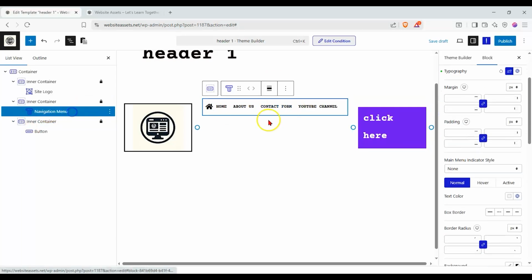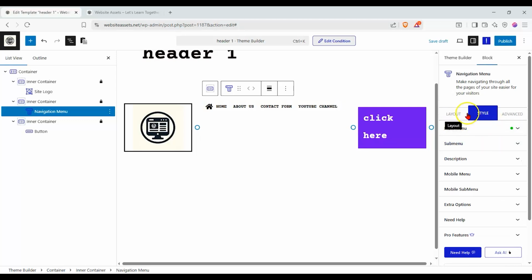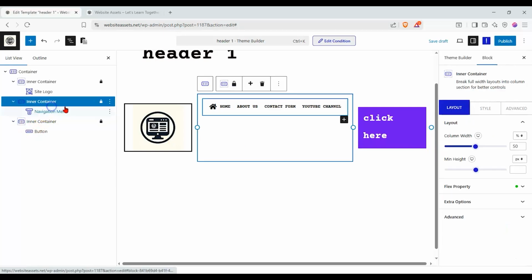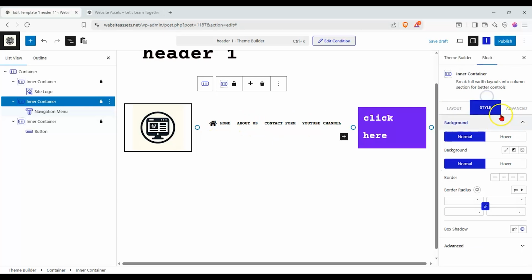And for this, we might align this to the center, and then for this one in our container, we can go ahead and put everything in the middle. There you go. Now it's starting to look like a real header. Okay, so that's good. And for style,